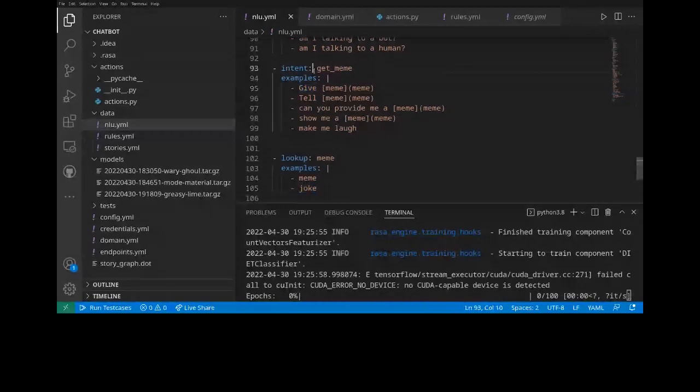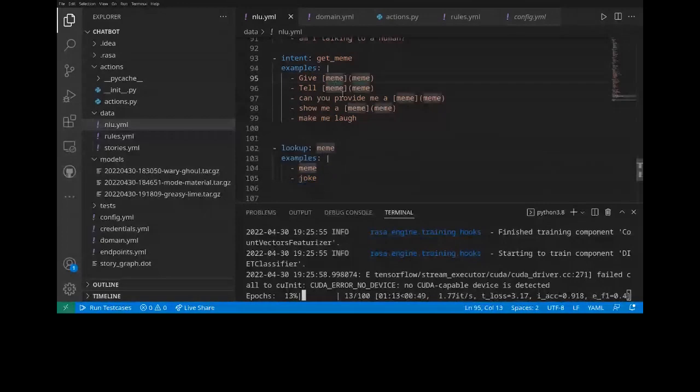type of get meme. Earlier it was not understanding directly, because even if you give direct examples here, it won't understand, because it still needs some clarification, a particular database, a particular data type for it. That's why we are creating here a type where we have given examples of, let's say, meme and joke. And this is how I guess in Rasa 3.0 we have to do. Earlier we could just write a meme simply, but now if there is something new like this, we basically have to write it like this. So I hope it is clear.